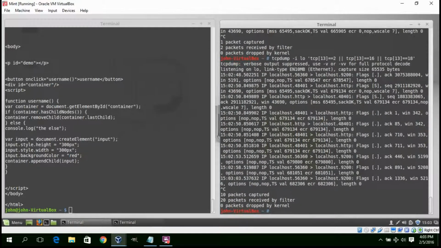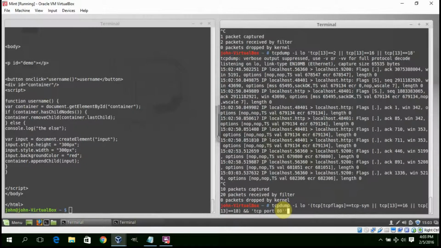Finally, today we're going to look at a combination of logical operators and TCP flag capturing techniques. Here is our tcpdump script. tcpdump interface loopback. We concatenate two statements. The first statement is a filter for SYN packets, or ACK,